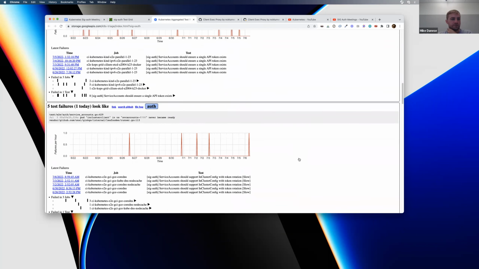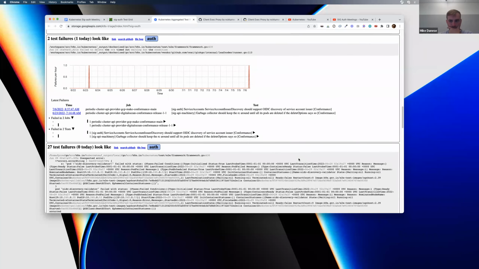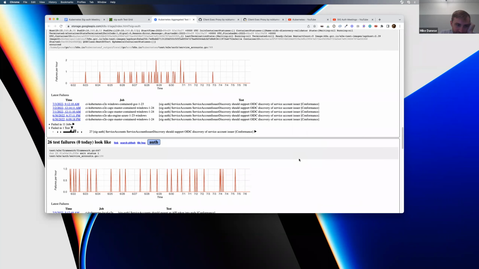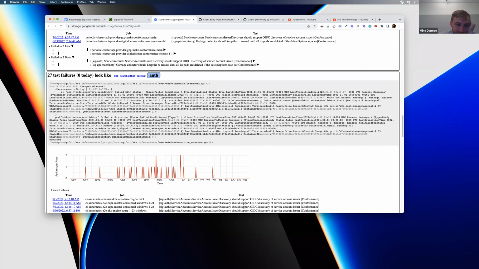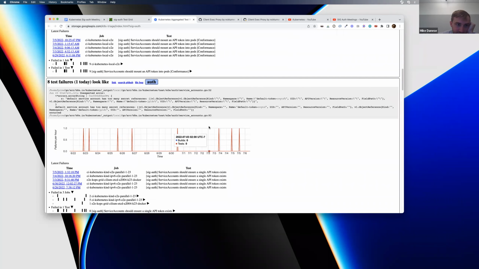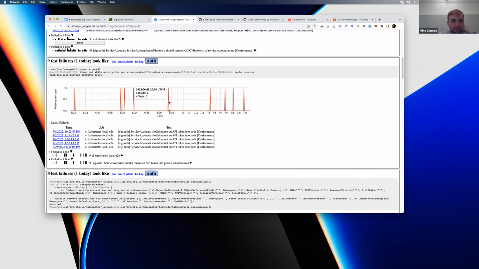Okay. All consistently failing. The CI Kubernetes local E2E looks pretty red. Exclude that.